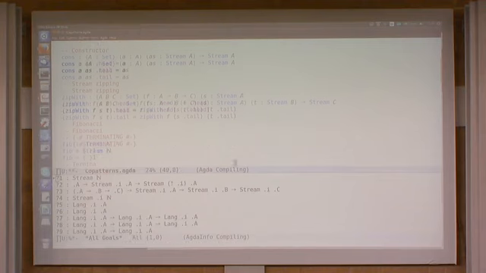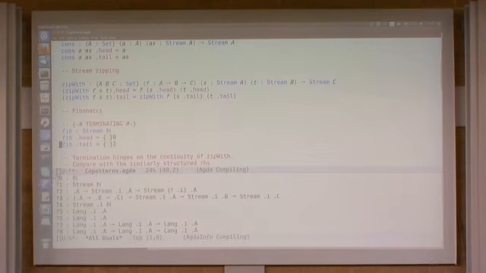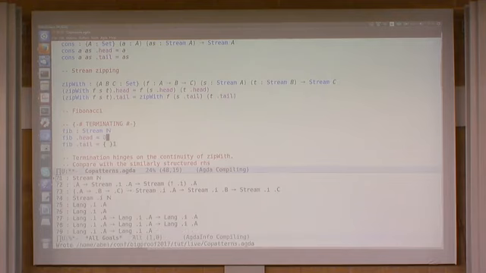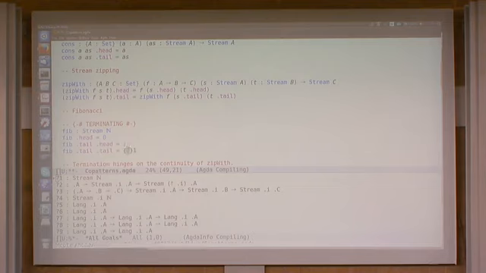Okay. And then the Fibonacci sequence can be written as a pointwise stream addition. So maybe you've seen that before. The head of the Fibonacci sequence is a 0, and the next element, so the head of the tail, is the 1. And to get the rest, I will just pointwise add the Fibonacci sequence to its tail. So I add it to,